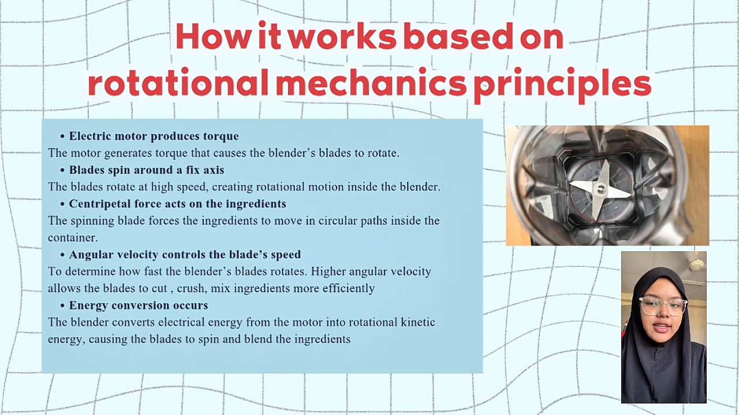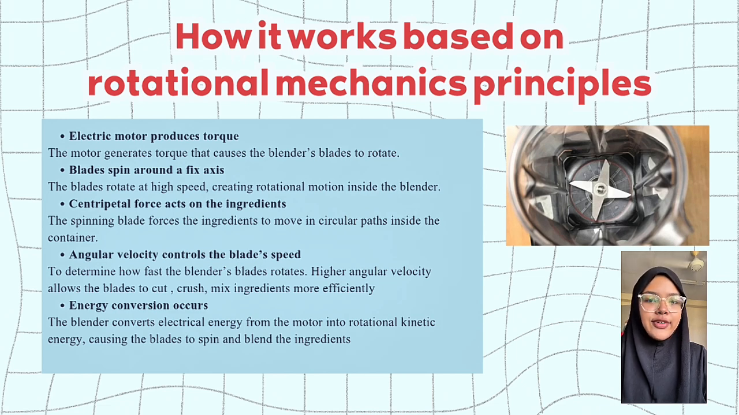Angular velocity controls the blade's speed. To determine how fast the blender's blades rotate, higher angular velocity allows the blades to cut, crush, and mix ingredients more efficiently. Energy conversion occurs. The blender converts electrical energy from the motor into rotational kinetic energy, causing the blades to spin